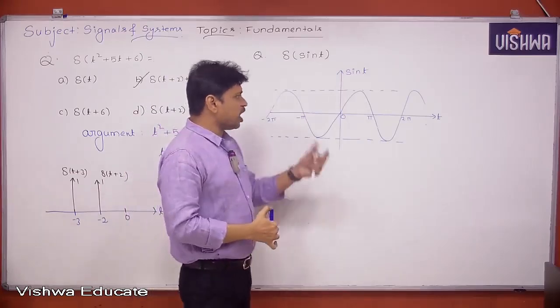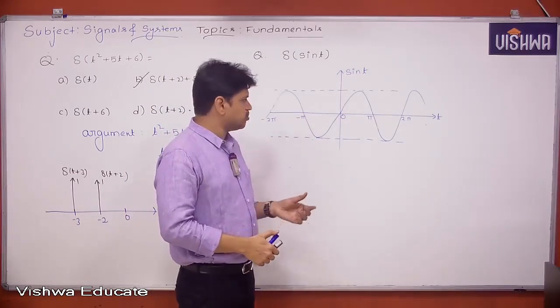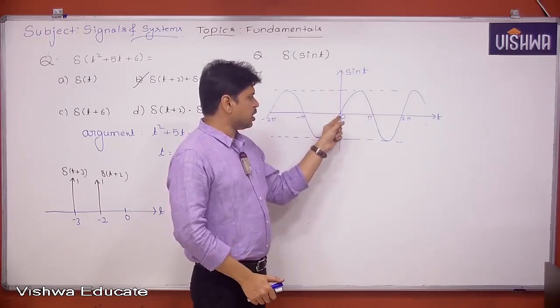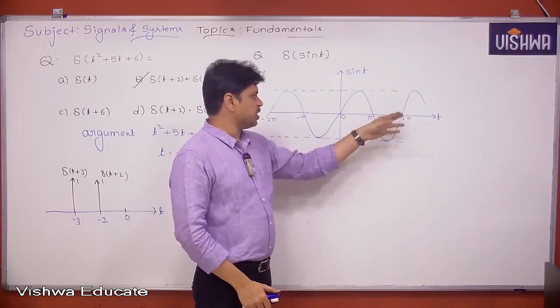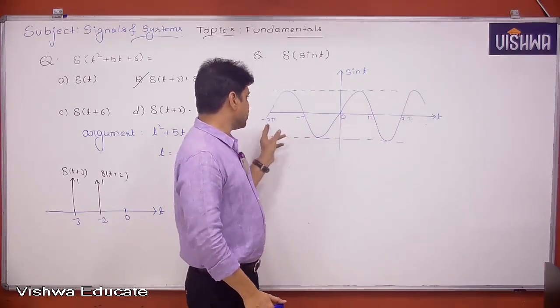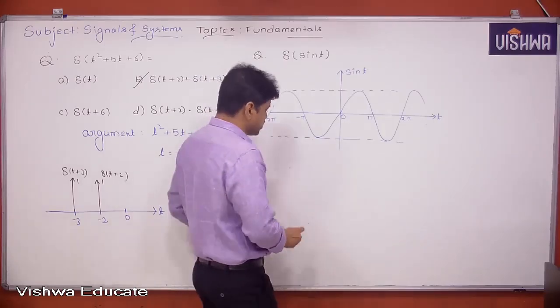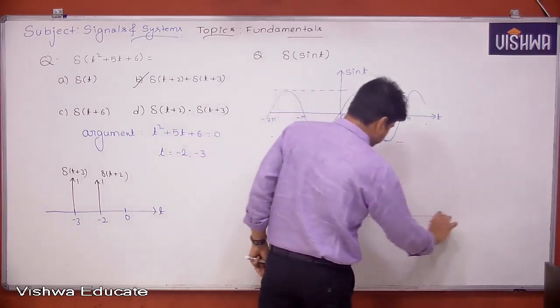So whenever the argument is 0, there we are going to get an impulse function. The argument, which is nothing but sin t, is becoming 0 at 0, pi, 2 pi and so on, minus pi, minus 2 pi and so on in the negative side also. So if I draw this function delta sin t,